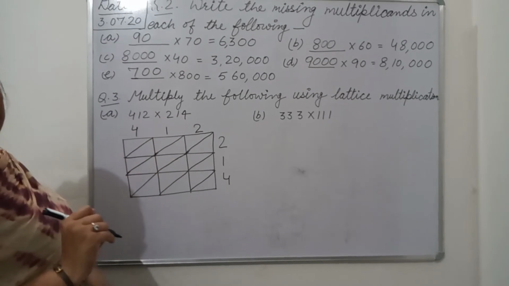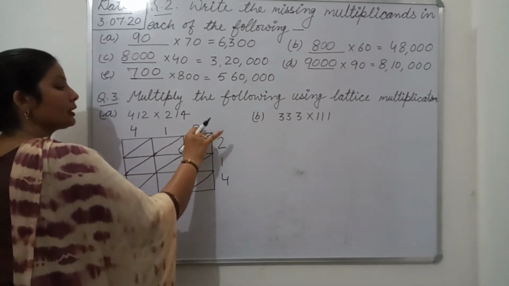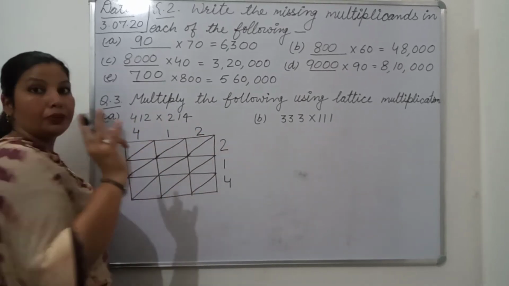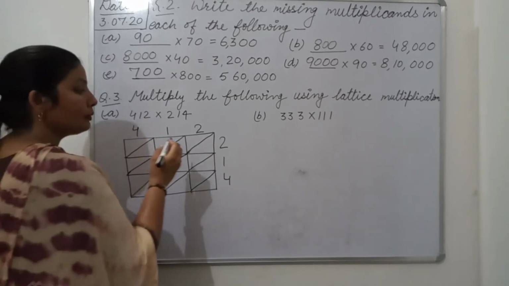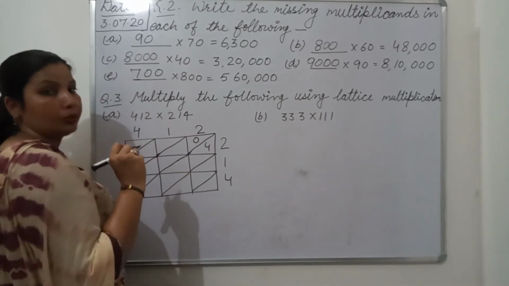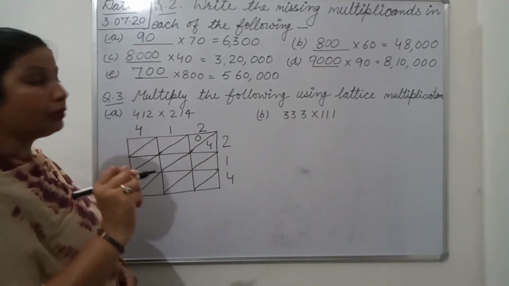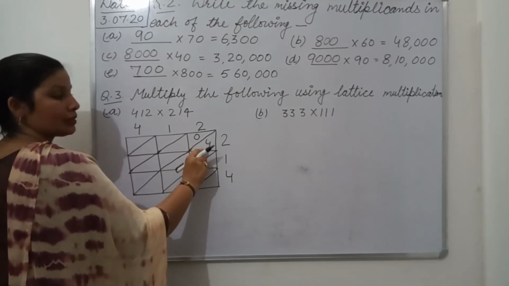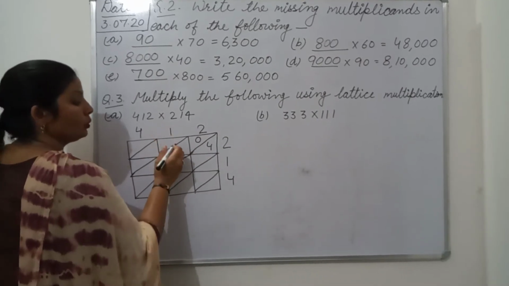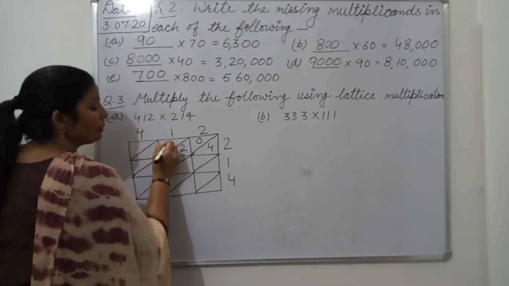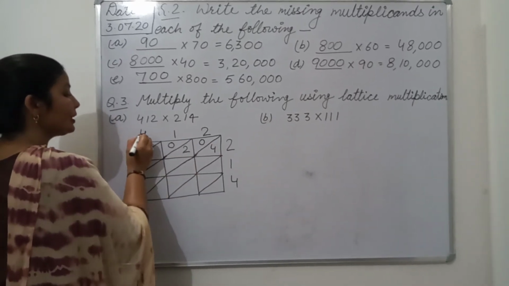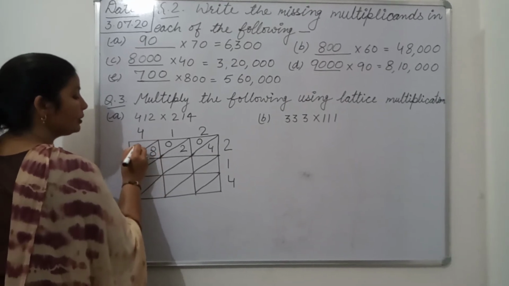Now we should multiply. First of all, this complete number we should multiply by 2. So 2 2s are 4. 4 is a single digit number, so that means 4 will come in the down box, and in the tens column we can write 0, like 0 4. The down side is the ones column and the upside is the tens column. Now 2 1s are 2, so on the down side we write 2 and on the upside 0. Now 2 4s are 8. 8 is also a single digit, so down side 8 and upside 0.